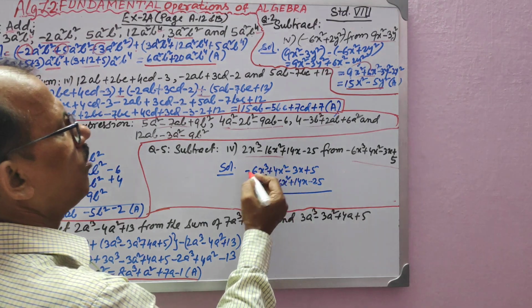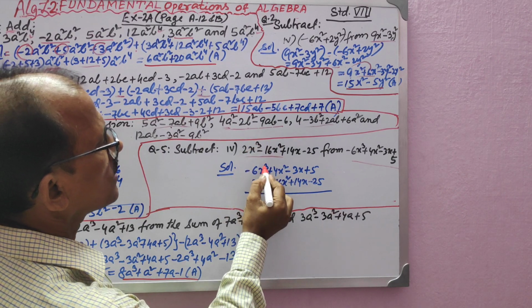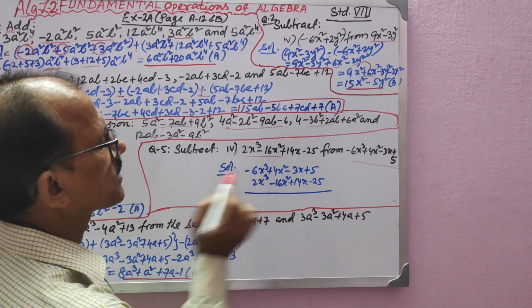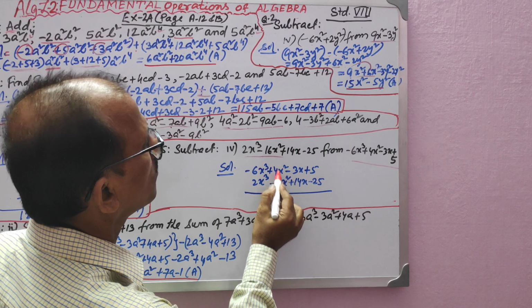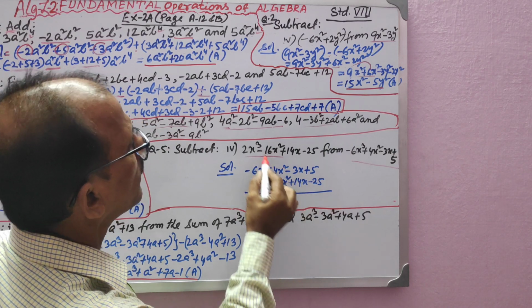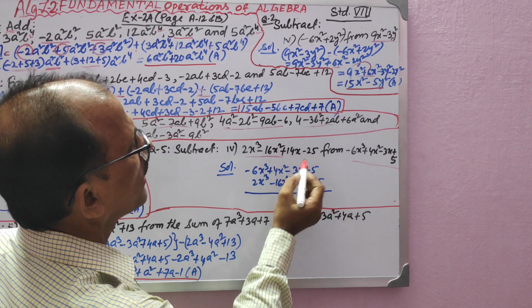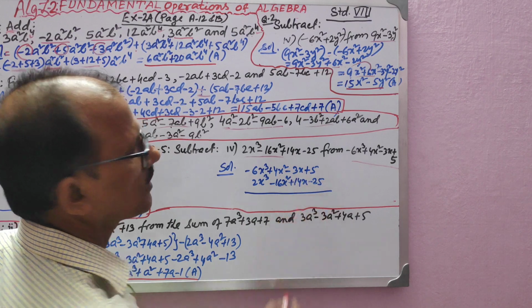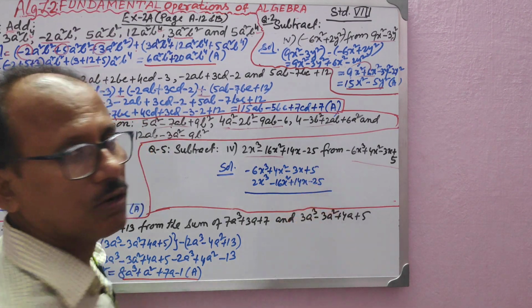Could you understand? Now written. Now second one, here is x cube. Is there any x cube? Yes, below x cube only you have to write this, and it has no sign, meaning plus sign. Could you understand? Now x square, write down where 4x square is over there. Below that, along with the sign, minus 16x square. Plus 14x has to be written where x is there. So below minus 3x you will write down 14x, and the constant term you write below the constant term.